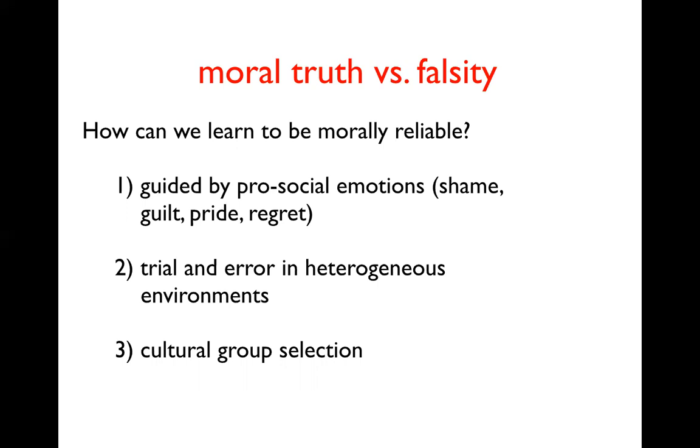At a slightly larger scale, there's cultural group selection. Humans often congregate in small social groups that share similar norms. In the past, 10,000 years ago, these groups might have been, say, bands of 50 or 100 people. And you can see which tribes do well. Now, we have huge nation states and whole countries that have different rules, and it's a little bit harder.